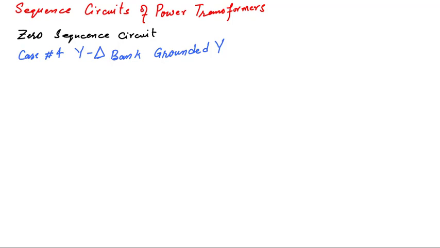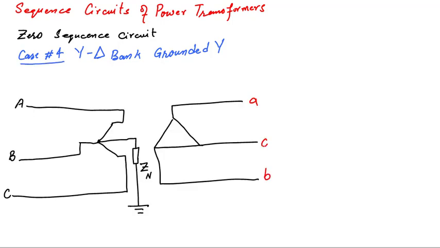So if we draw this diagram, now here we have a three-phase circuit for a Y grounded delta transformer. Its positive sequence and negative sequence will be the same as the positive and negative sequence of any other transformer, but here we see its zero sequence circuit. In case of zero sequence, the zero sequence current cannot exist in the line currents on the low voltage side or delta side. These currents cannot have a zero sequence component in them.